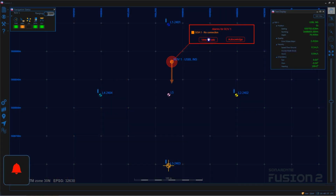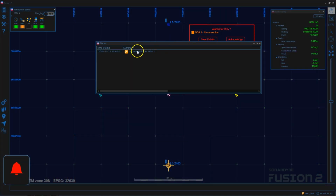So in regards to alarms, we've got vehicle-centric alarms now, so that when you're looking at a navigation chart, instead of just an alarms button popping up saying you have an alarm in the system, we now have it tailored so it pops up over the vehicle that it relates to. So when you have multiple vehicles in the system, you'll be able to see exactly which vehicle that alarm relates to. So again, we're trying to make it as easy as possible for the user to diagnose